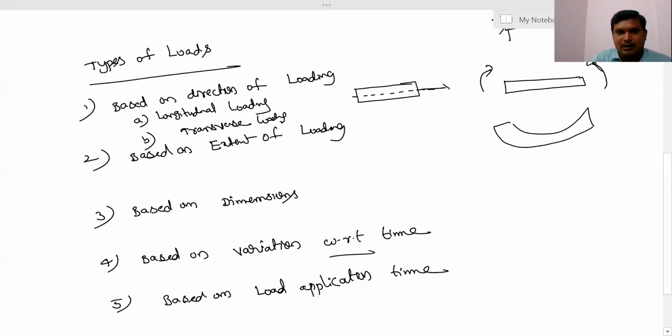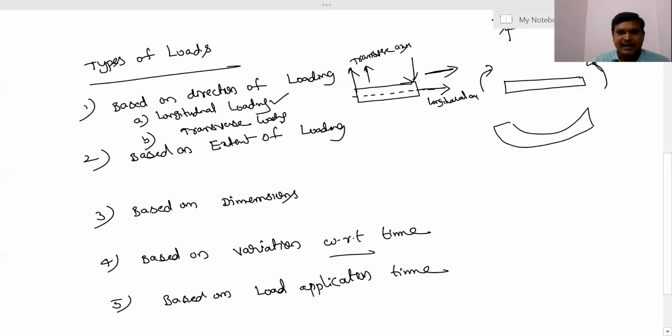Along the axis of this member is called the longitudinal axis. So this may be the transverse axis. If your applied load is along the direction of the longitudinal axis, that is longitudinal loading. If your applied load is parallel to the transverse axis, like this, we call that